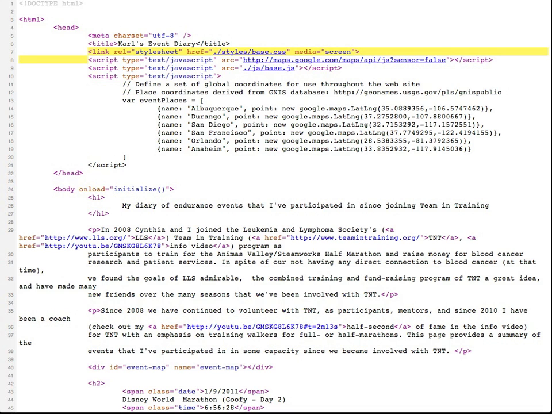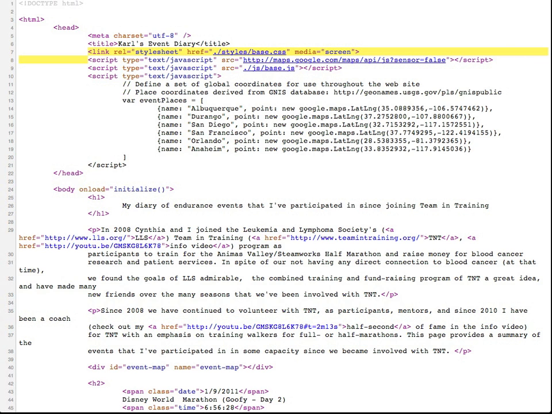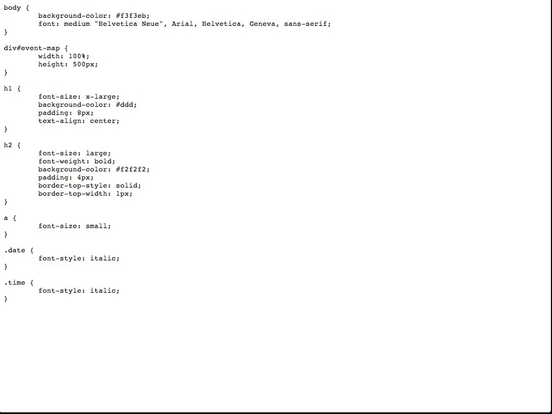So here, I have a link to a style sheet that is stored outside of the page that actually has my styles defined in it. And if I open this in a new tab, we can see this is the set of styles that I have defined for this particular page, including a style that defines the background color and font for the body and everything contained with it, the attributes of the div that I'm going to be putting the map into,